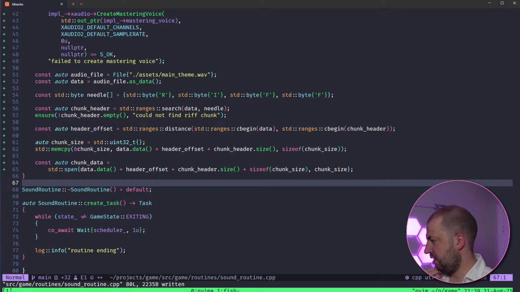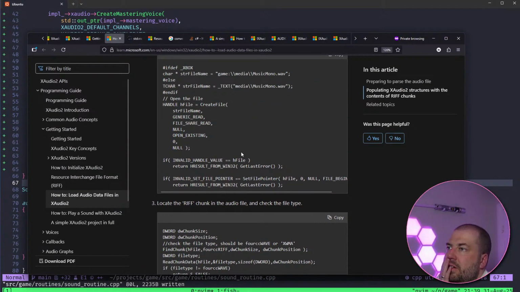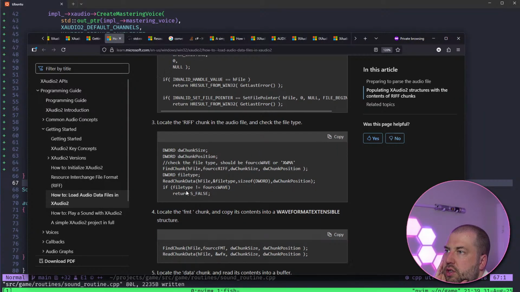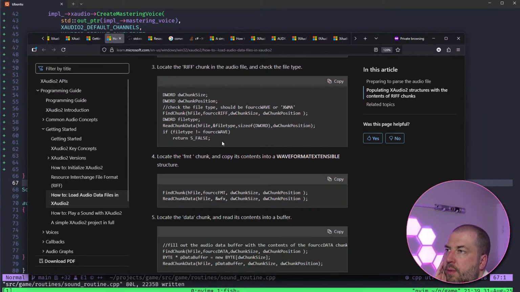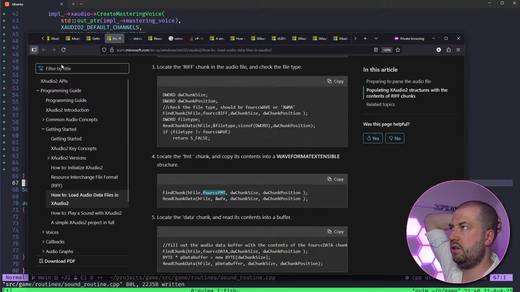We've got the chunk data, and then what do we do with it? So we could read chunk data, got that. Locate the format chunk and copy its contents into wave format. So we need to find chunk 4cc, mmt. Oh, I see, this passes in.